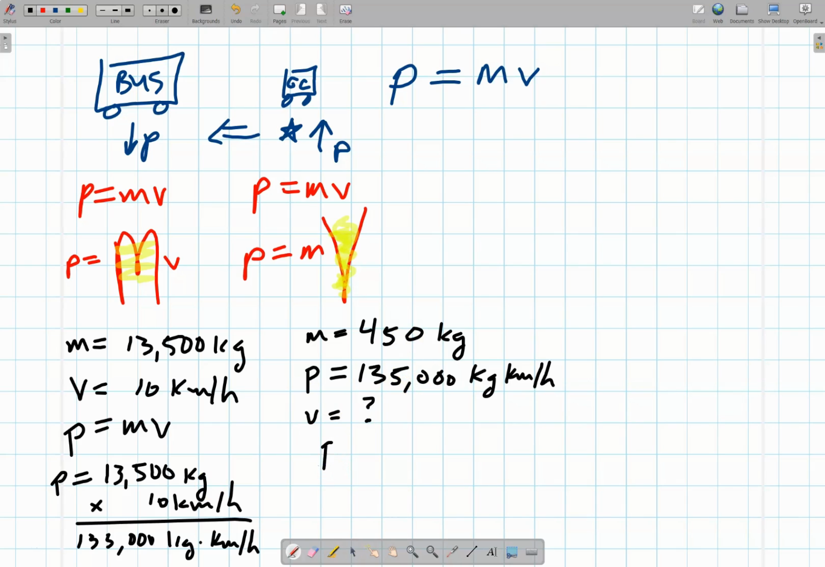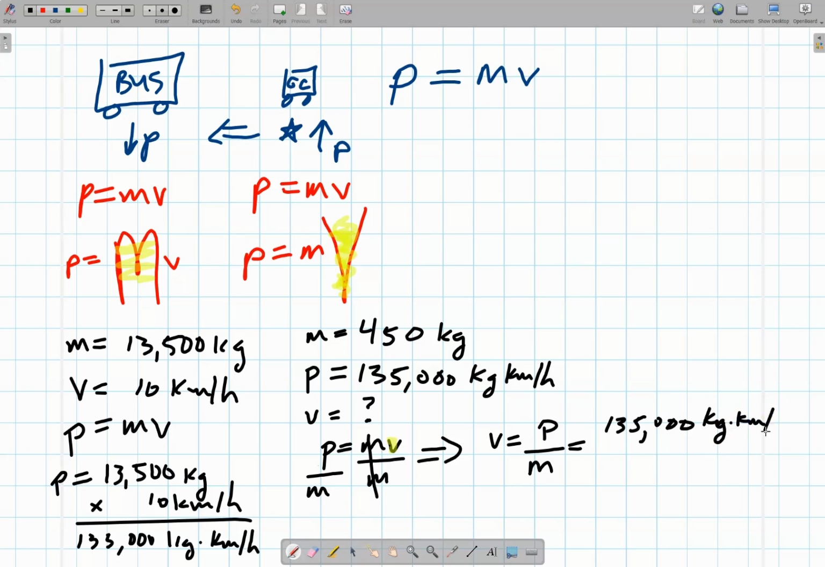We know that momentum is inertia in motion, but I want to isolate for velocity. Velocity is currently being multiplied by mass, so I'll divide both sides by mass. Therefore, given momentum and mass, to find velocity, you would take the object's momentum and divide by the mass. So the momentum of 135,000